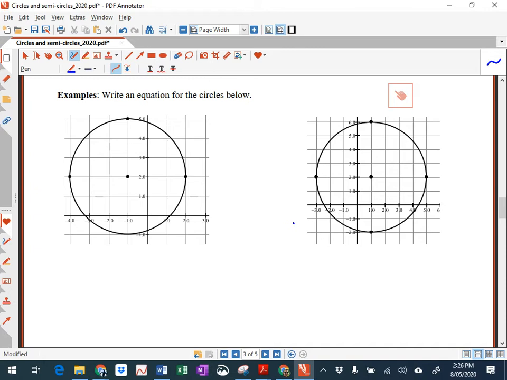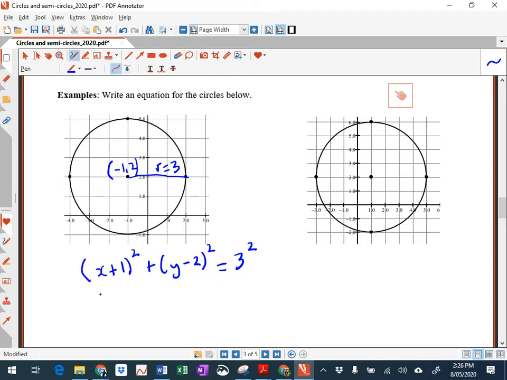Write an equation for the circles below. So you can see here what the centre is. Let's work out the centre. Centre is negative 1, 2. The radius, let's work that out, goes from here to here. Count how many units? 1, 2, 3. The radius is 3. So r equals 3. So our equation will be x plus 1 all squared plus y minus 2 all squared is equal to 3